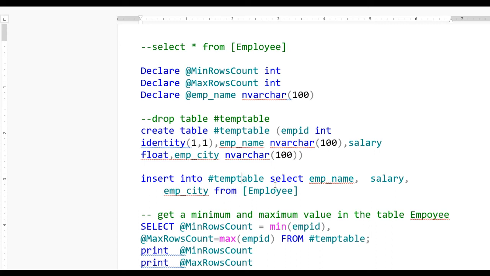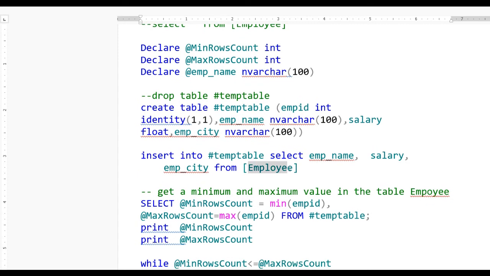So we can see insert into temp table, select emp name, salary, employee city from employee. The values of this employee table, which has no employee ID, we can consider for this situation. That will be put into the temp table, and we know the temp table has an identity column, so the identity column will be created automatically.